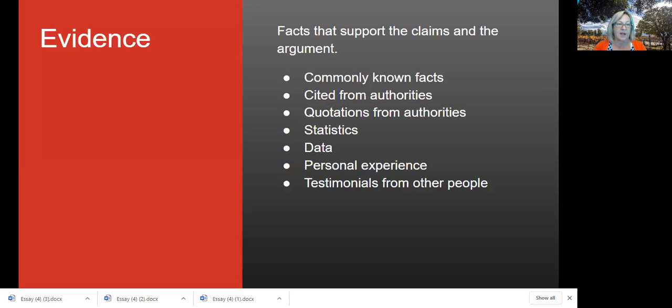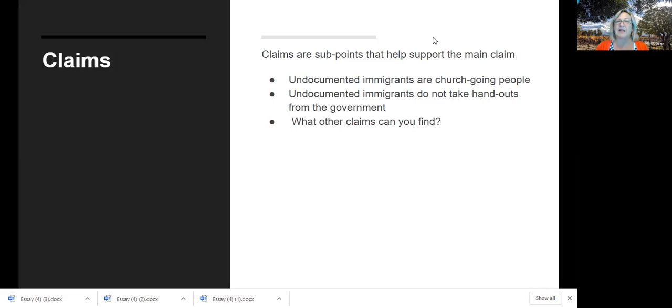She also does not take handouts. So see what else you can find. Find the evidence. It might be statistics, it might be authorities, it might be personal experience. Find as many claims as you can in your groups, okay? And this will be on your slide. Breakout rooms, same ones. About 4 minutes this time.